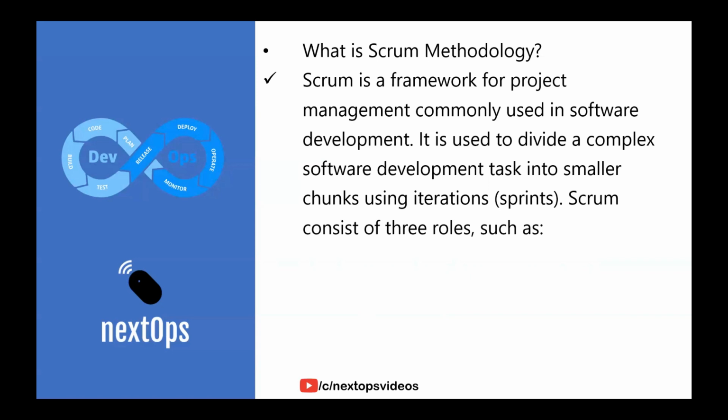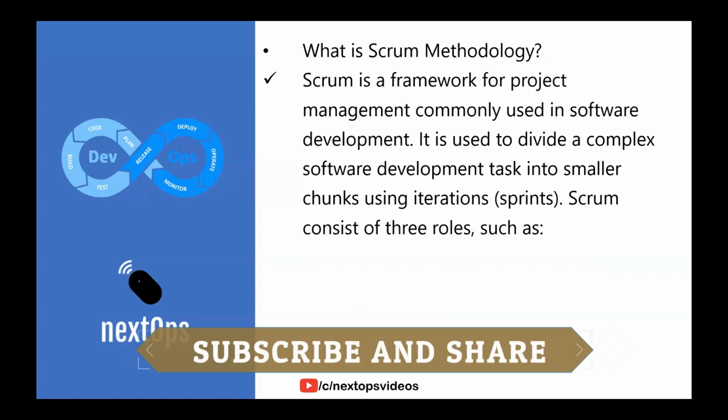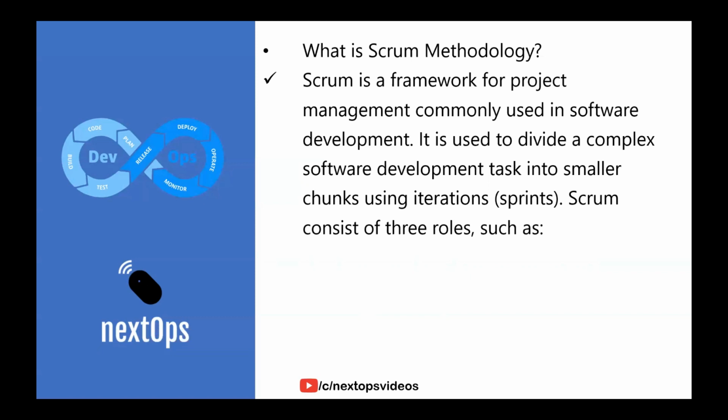activity or operations activity. With this approach, what happens is the entire effort will be split up into small chunks of tasks, and it will be scheduled using multiple iterations, and each iteration will be referred to as a sprint. A sprint is usually a 2 to 3 week period in which these teams will schedule the outstanding work with the use of ticketing tools like Jira or Azure Boards. And these tickets are the small chunks of tasks. That's what we refer to as tickets.